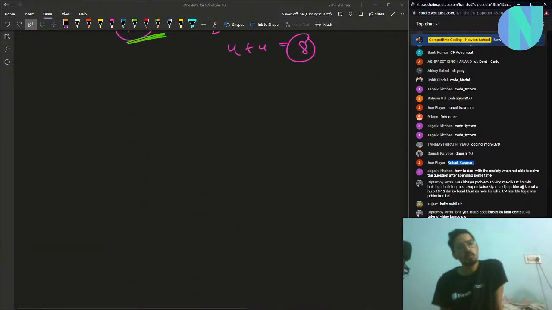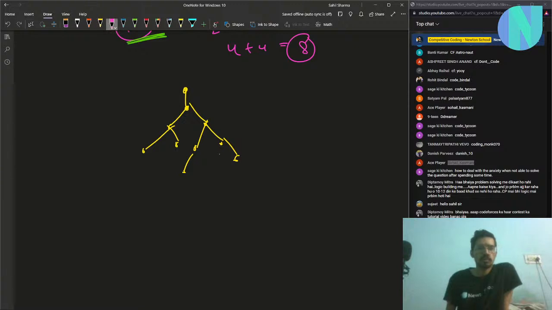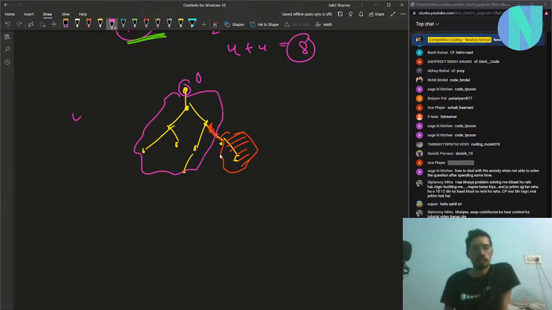So in the problem we have a tree, I think. And there is a warehouse that is our root. So our root is at index 0, and we remove some road. So all the cities or the nodes that are cut off will be removed. From the leftover tree, we have to find the length of the maximum path. That's the problem.